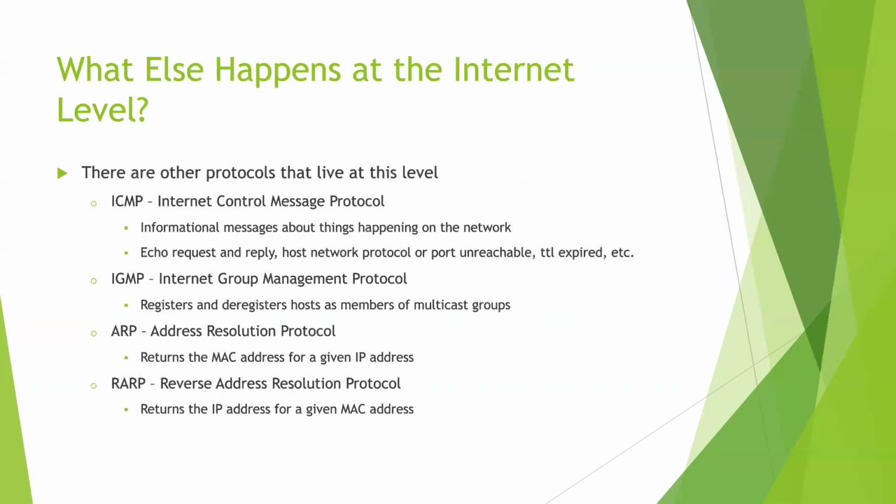Okay. So that addressing happens at that IP layer, that internet layer. There are other things that live at the internet layer. The internet layer is basically for managing the internet itself. One of the concepts that was part of the design of IP was that it wanted to be a self-healing network. It was designed for the military, and the goal was, what happens if they take out one of these sites? We still want these other sites to be able to talk to each other. So they need to be able to route around a failed setup, right?